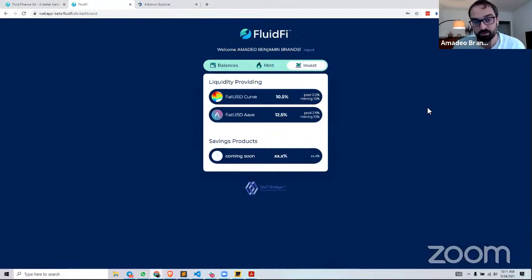And we are looking at creating a Curve factory pool where you can deposit your US dollars. We're of course talking with Aave, if we have enough volume, to also get a proposal there. Bancor or other protocols, or SushiSwap, etc., we're all in talks to see where we can gain more volume for fiat USD. That's what we're doing right now simultaneously.